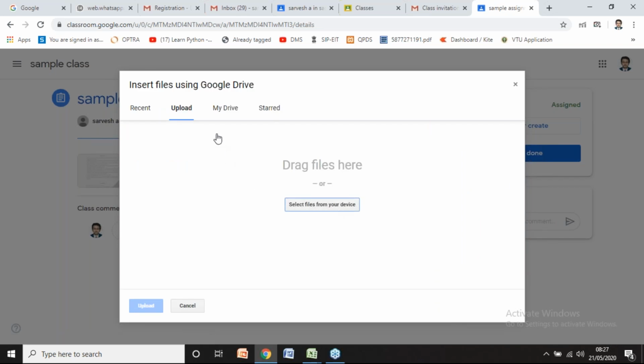and you can observe here insert file using Google Drive. There is recent, upload, my drive, and starred. All those options are there. In that you select the upload. Select upload, and you can observe there is a button select files from your device. Click on this,